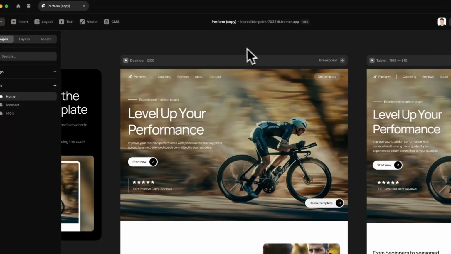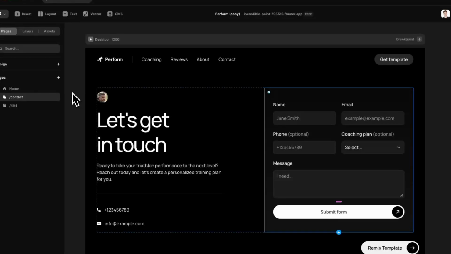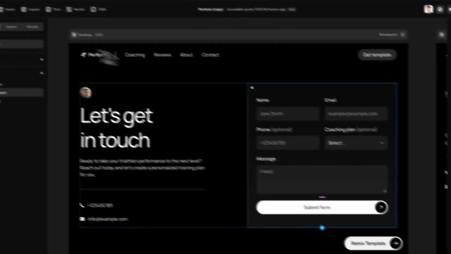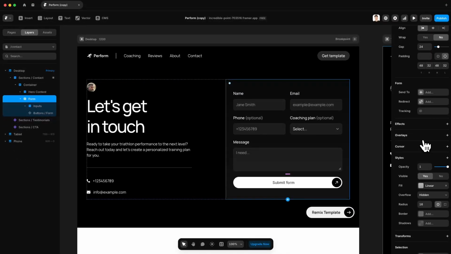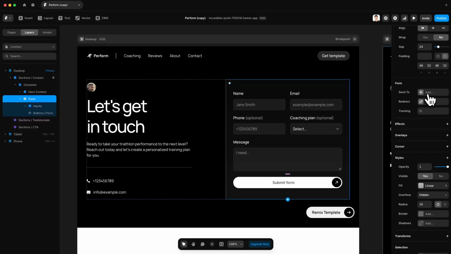Okay, so now let me show you how to edit the contact form. Let's go to the contact page, and there is the contact form. If you click here or find the form element in the layers panel, you will be able to edit the form. When users fill out the form, right now it doesn't get sent anywhere because you need to fill out